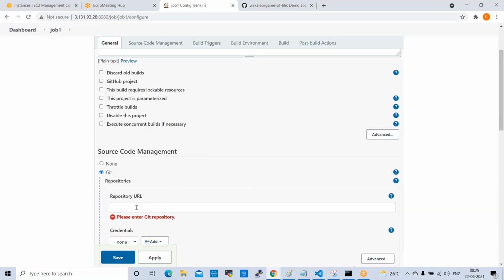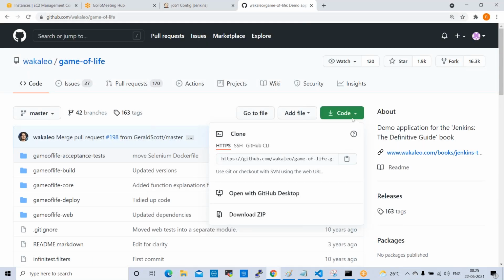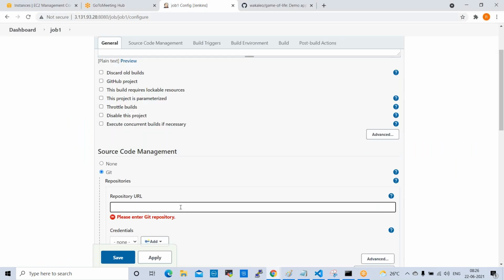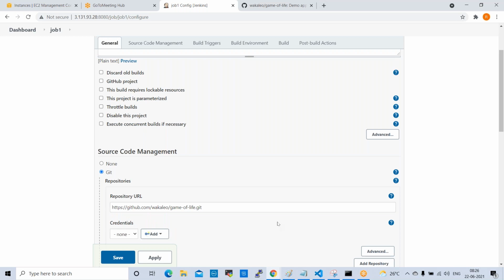Source code management, Git, repository URL, you can copy from here and paste here. Once we give the executable path, it will take it without any issues. See, there are no errors because Jenkins understands. So while configuring jobs, executable paths are very important, and we need to check them from global tool configuration.